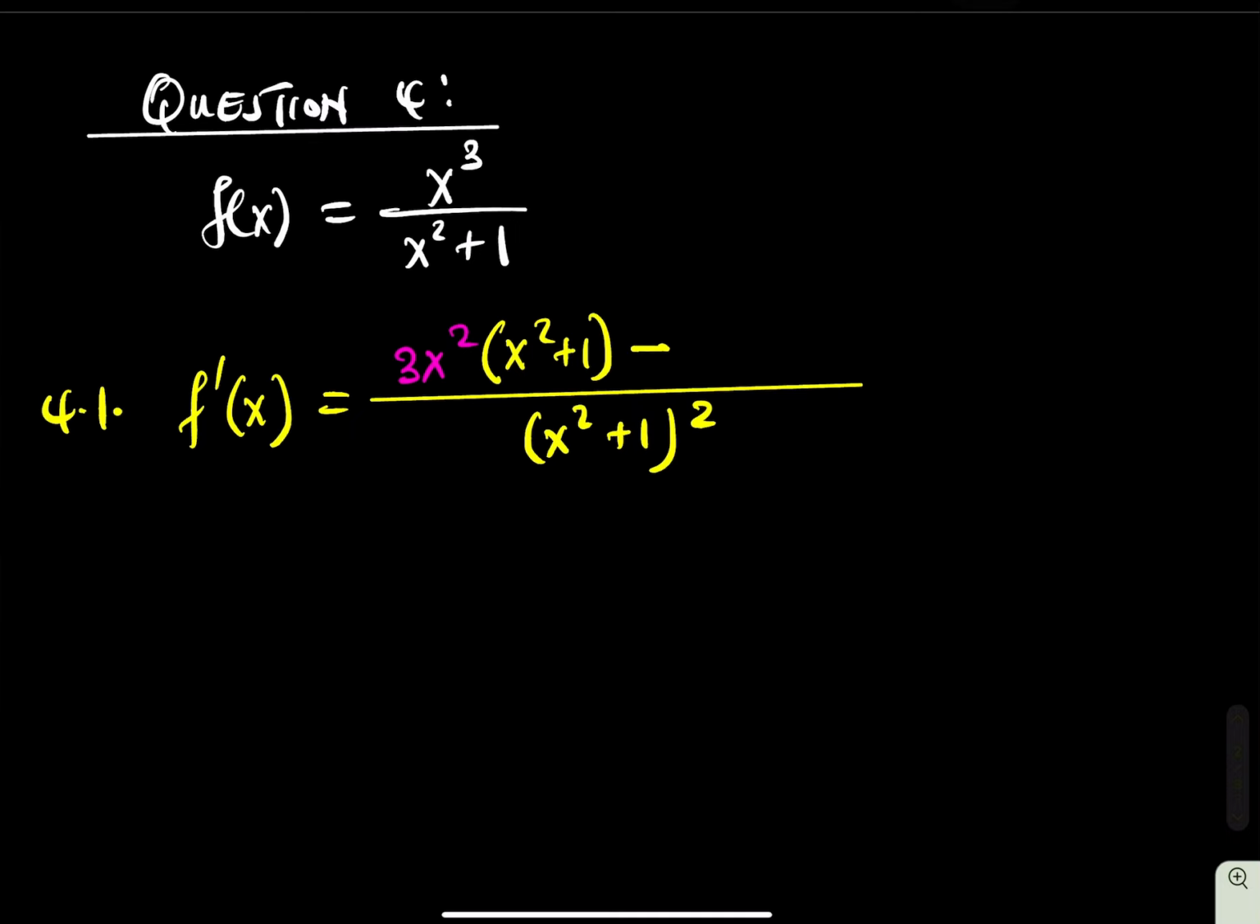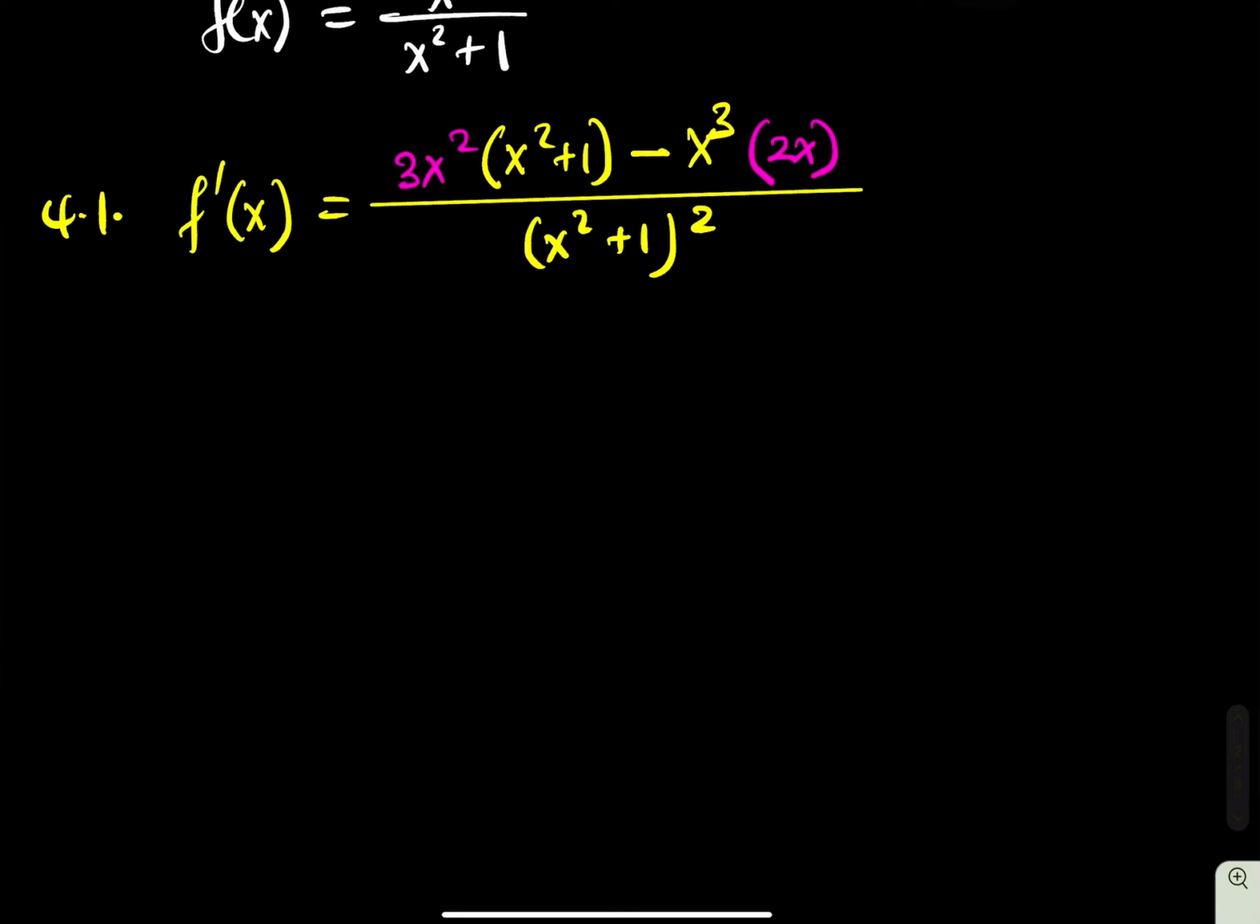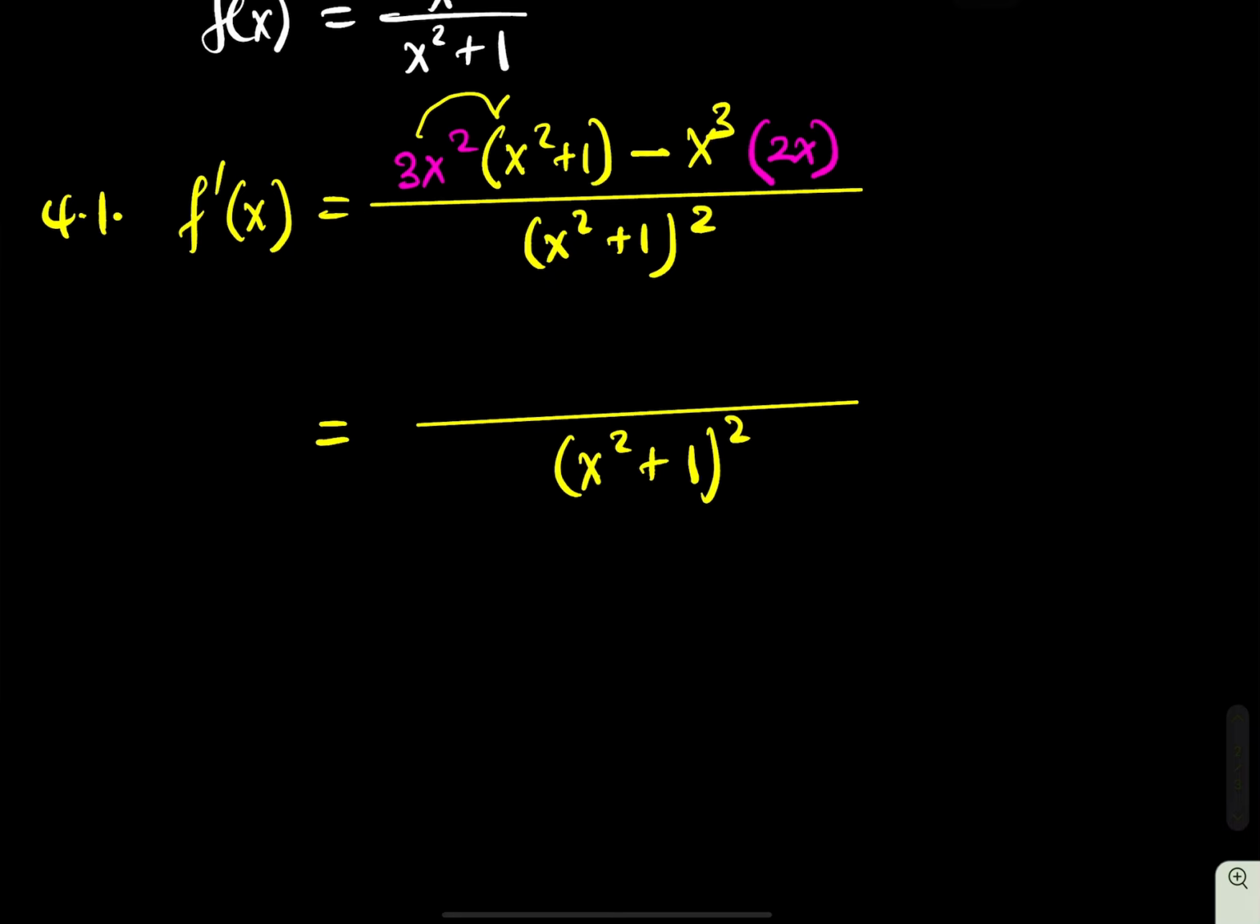We now need to take away. We keep this one this time around. That is going to be x cubed. We differentiate the denominator, and that is going to give us 2x. That is if you do it nicely. Let's check now. I'm going to simplify it for you. That is x squared plus 1, and then that is squared. And then if you multiply that nicely, it's going to give you 3x to the power 4 plus 3x squared, and then minus